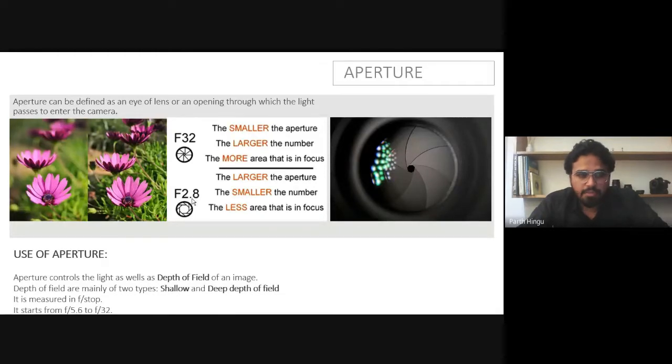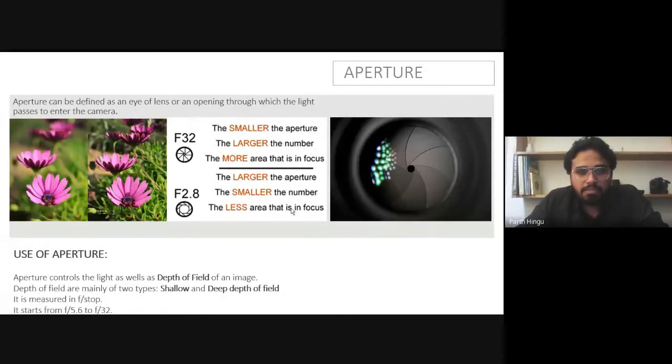The aperture number is smaller. So basically the size of the hole is inversely proportional to the number. As you increase the f number, like f32, the hole will be very small, and if you decrease the number, the size of the hole will be much bigger. So at f2.8 you can capture so much light in your camera. So if the day is bright, you can adjust your f number at 12 or somewhere in between. You need to adjust it.